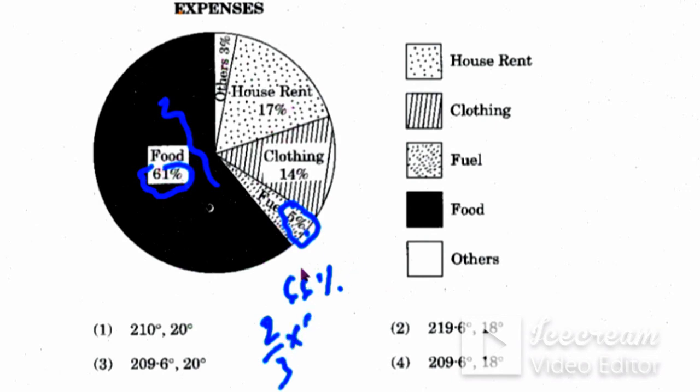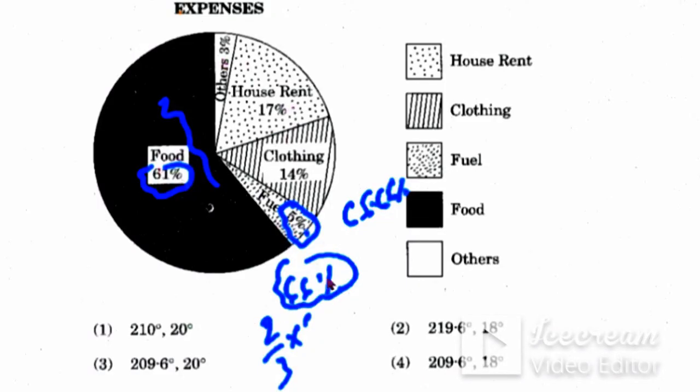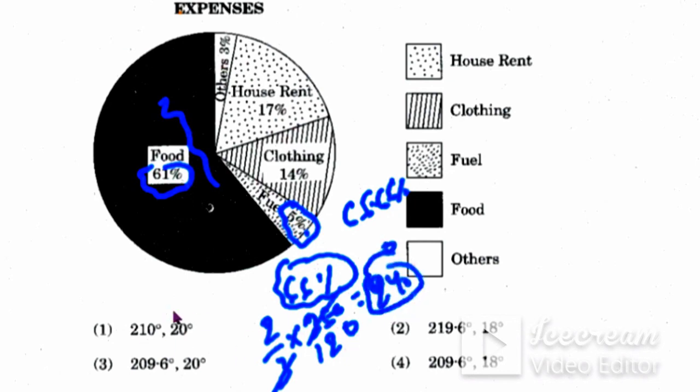Okay, two-third of this is not exactly two-third. Exactly two-third is 66.66%. Okay, but near about two-third. Okay, 66% is near about two-third. So two-third means 3 ones are 3, multiply by 360, 3 ones are 3, 3 2 are 6, 0, 0. 120 into 2, that will be 240. Okay, 240 degree, it should be 240 degree. Adding both should be 240 degree. Okay, so which one will come 240, near about 240?